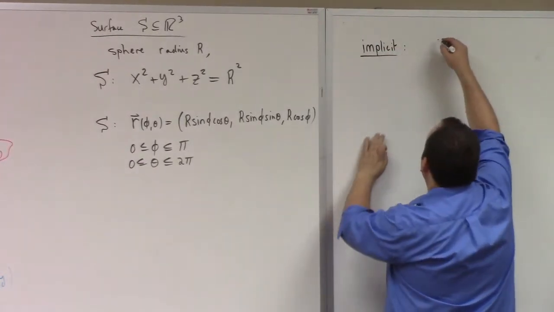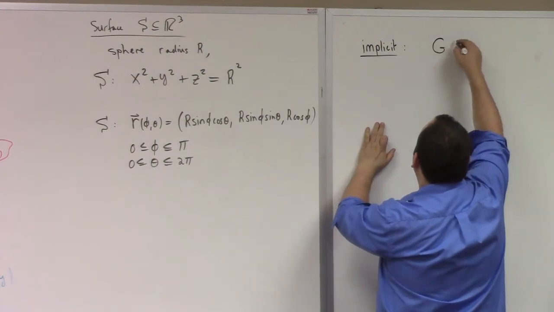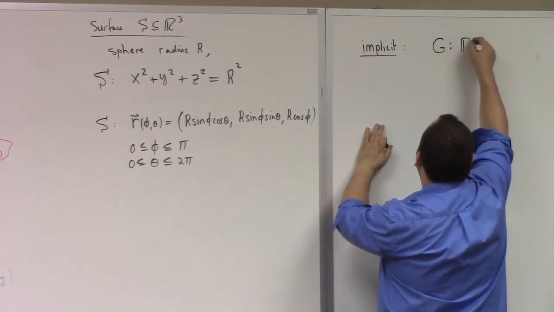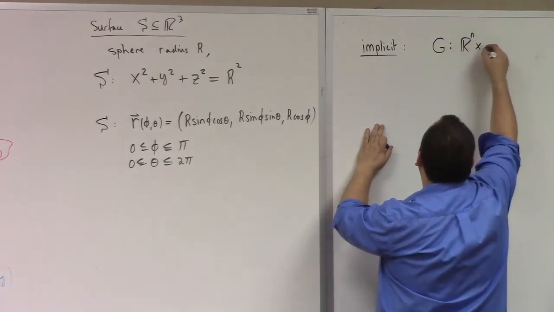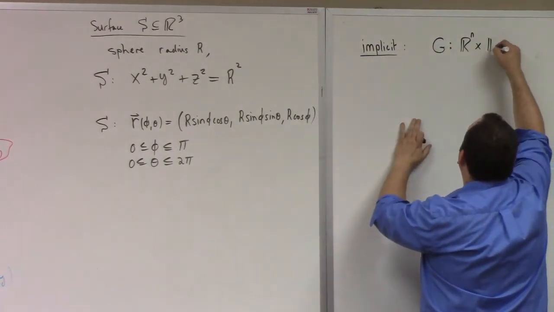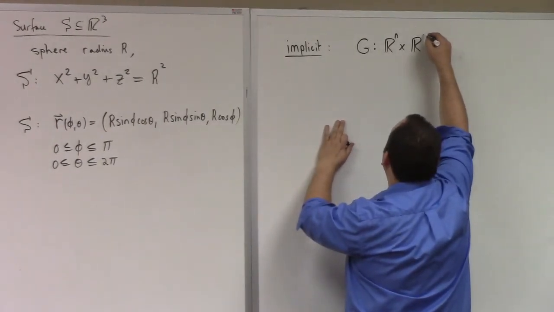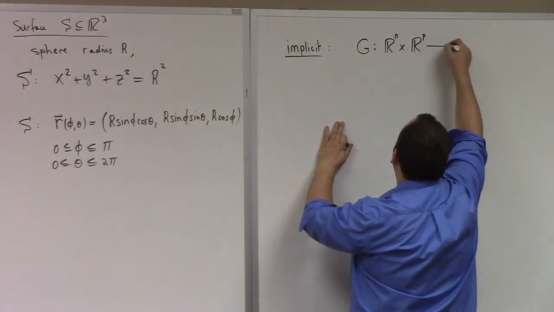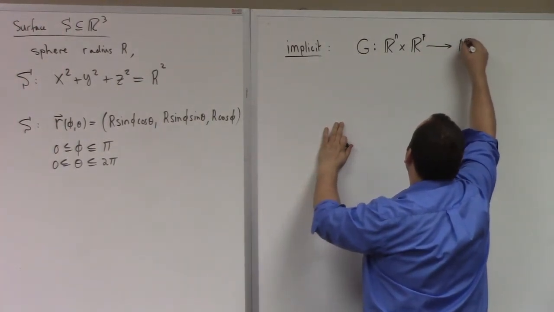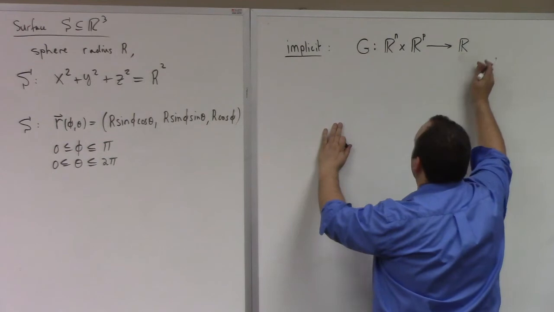So implicit, you'd have something like g, right, which would be a function from, let's say, Rn cross Rp maybe? Going to Rn again, or R, I need to,